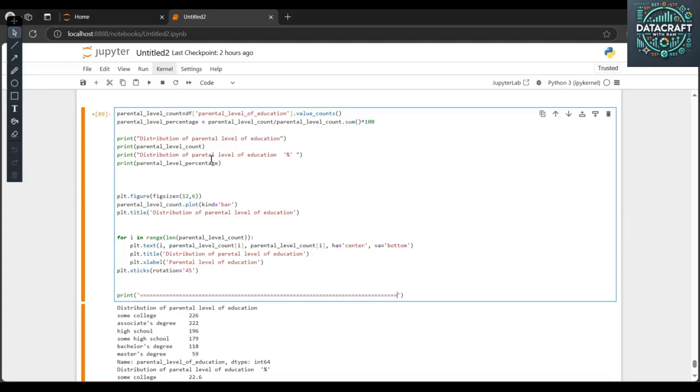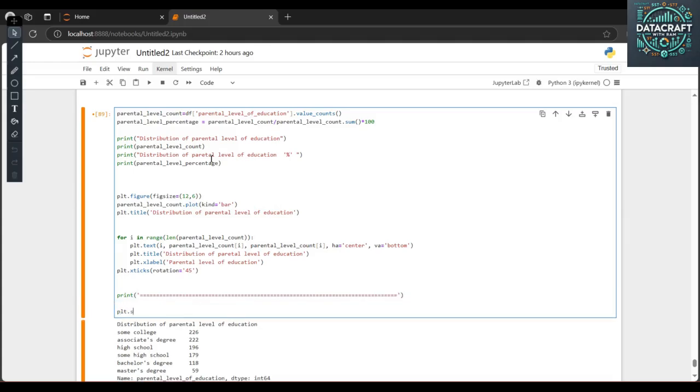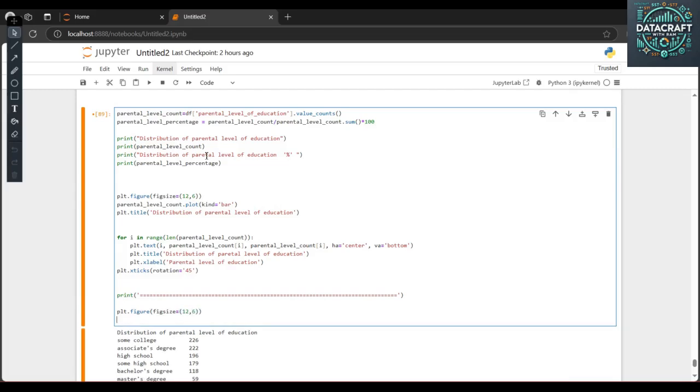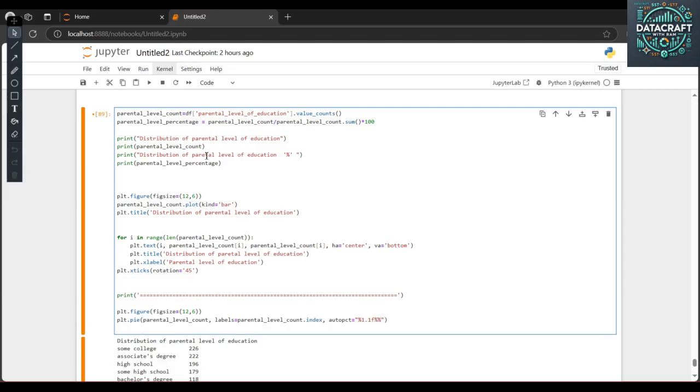pie chart, plot dot figure figsize is nothing, 12 by 6, and plot, and the plot is the pie chart of parental level of educations, and I need to just pass here the labels. Labels is parental level count index, autopct percentage 1.1f percentage, plot dot legend of this